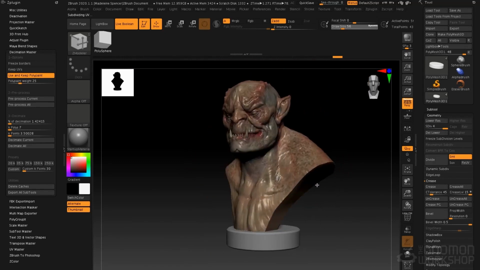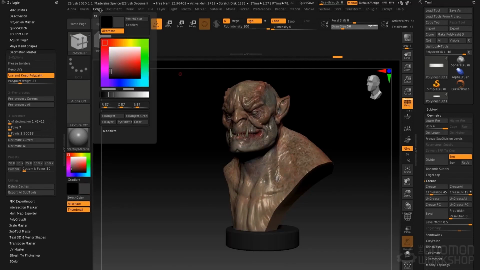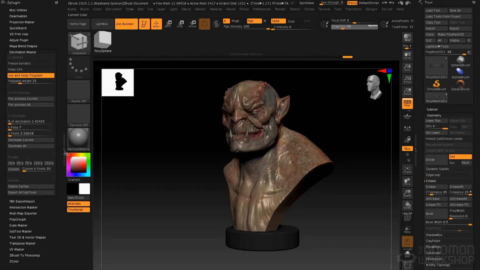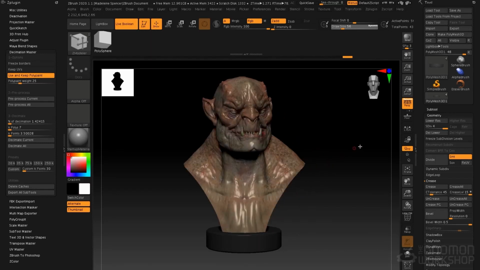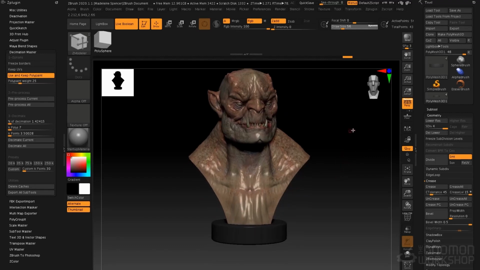All right. Let's go ahead and fill this with a nice color. So I'll do RGB, color, fill object. There we go. So now my object is ready to be 3D printed. Well, not quite. We need to set a scale, and we need to export it in a file format that